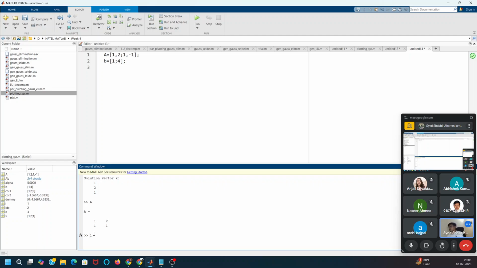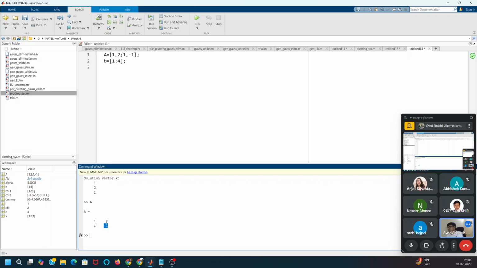So I cannot change anything about this column. In the principal diagonal, now you can see in the second column, in the second element of the principal diagonal,